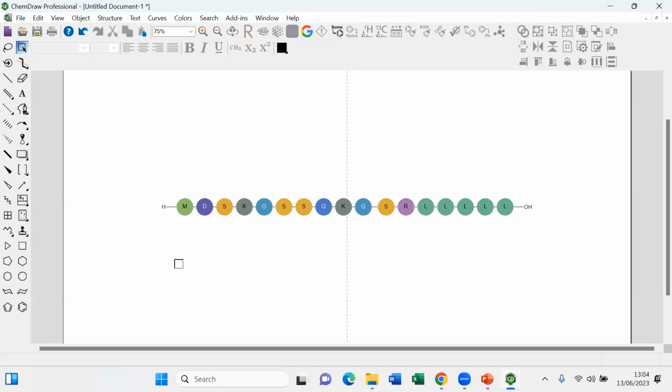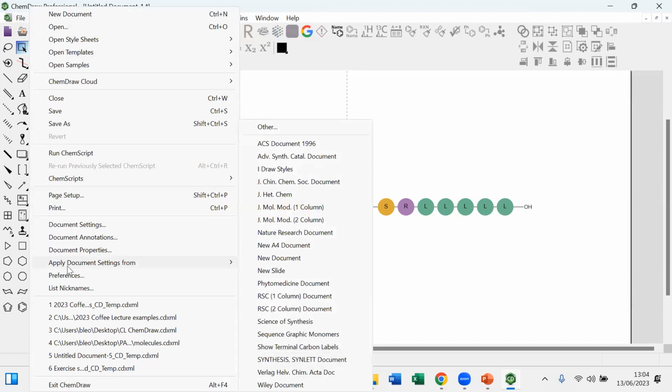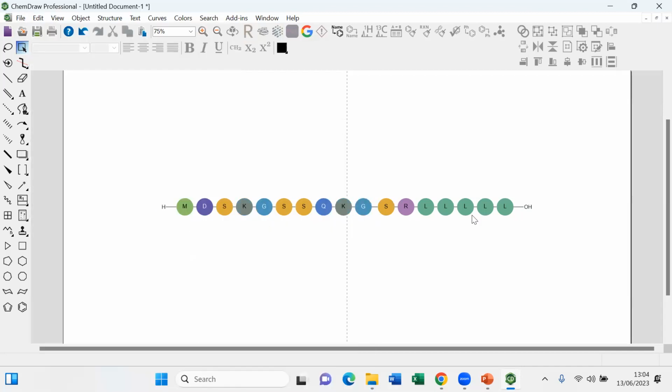But that is just one way to do this. If you want to do this in ChemDraw, you can do this by applying the document settings. That is a formatting standard, and it's called sequence graphic monomers. And then your FASTA sequences or your Helm sequences as well will be depicted like this.